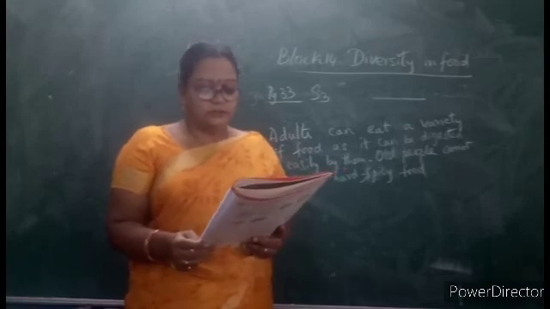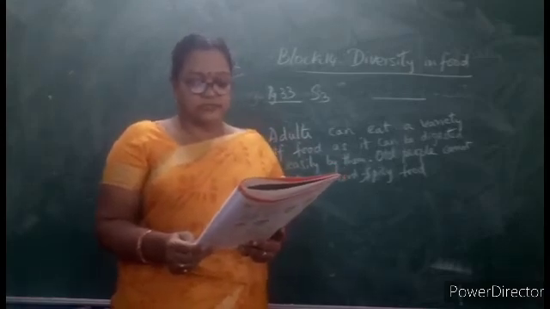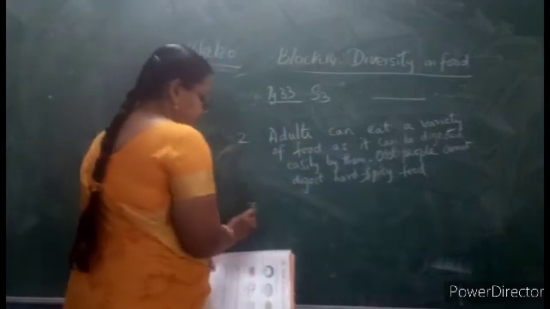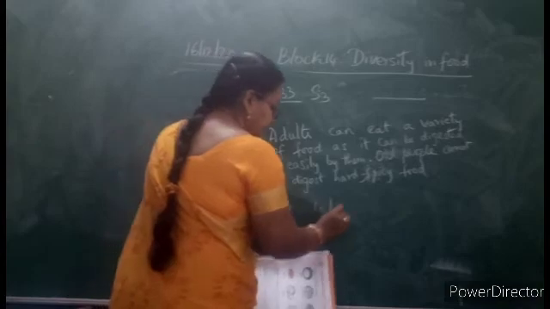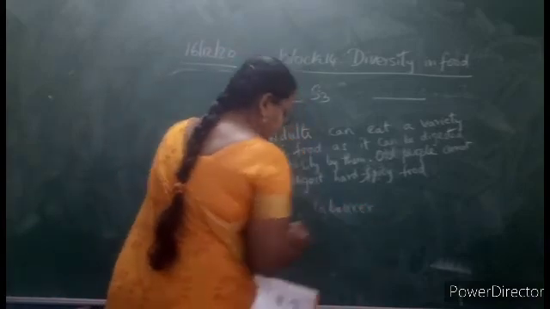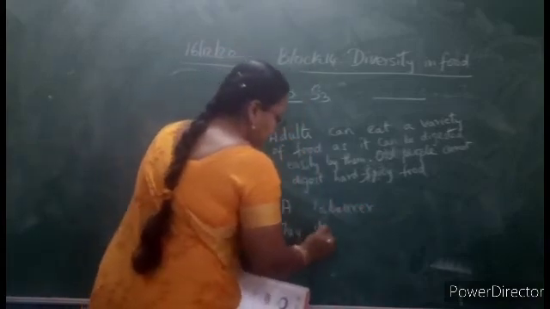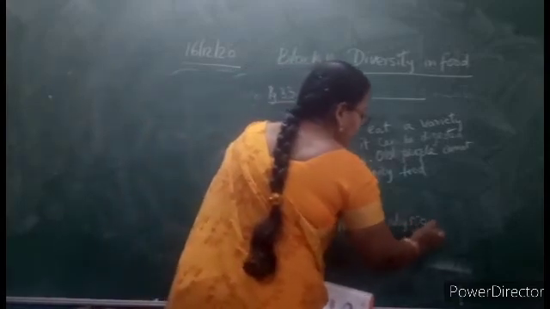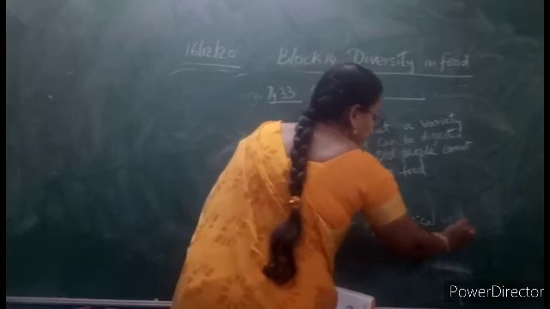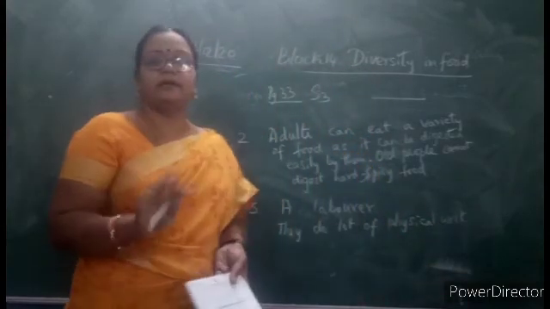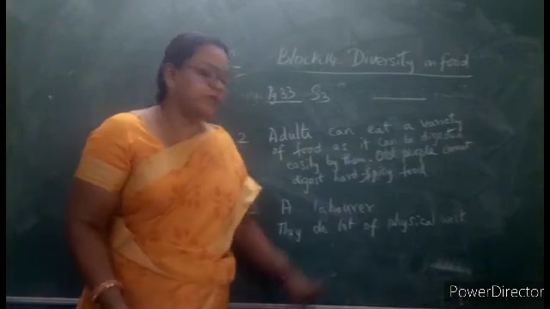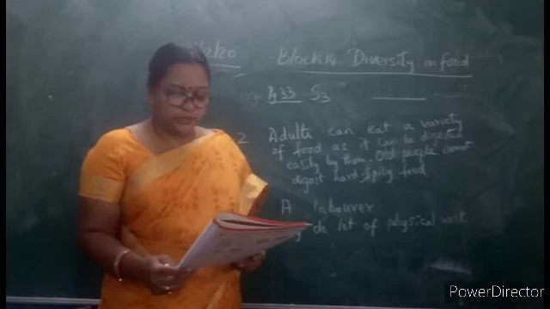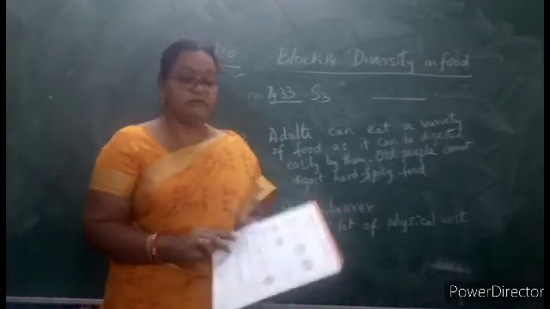Who would need to eat more energy-rich foods like ghee, milk, nuts? A laborer or an office worker? Children. Very good. A laborer. First line you can write laborer. Why? They do a lot of physical work. Using the body, they do a lot of physical work. Sometimes we do only mental work like working on the system, but physical work needs a lot of energy. A laborer needs, you can complete that, needs more energy-rich food because they do a lot of physical work.